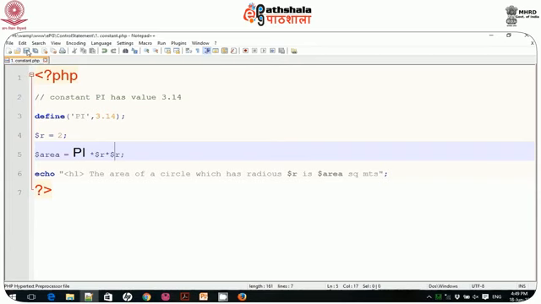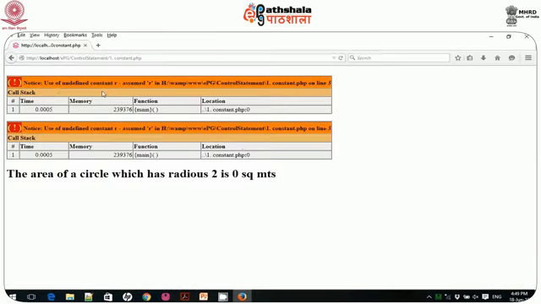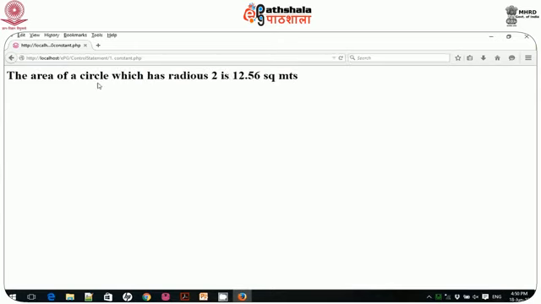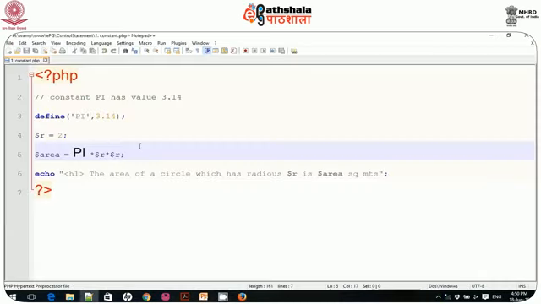You can also find the error, undefined constant, because I didn't provide the $ here. Now I make it correct, and it says the area of a circle which has radius 2 is 12.56 square meters. Of course a constant is not necessarily a numeric value, it can be any string value also, like I can define COMPANY_NAME as the company name. So this is how you can define a constant.